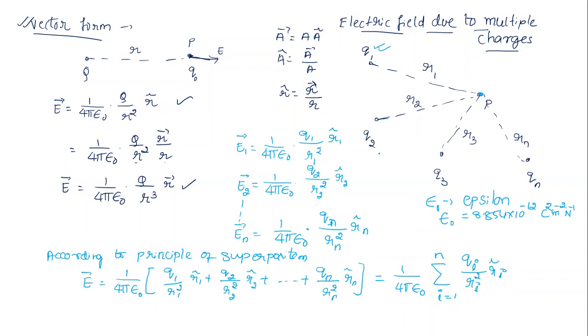So this is the vector form of the electric field due to multiple charges at some point. You can use these relations to find the electric field due to multiple charges. And you need to keep in mind that while calculating electric field and electric force, those two are vector quantities, so direction must be considered while calculating. Okay, is it clear to all of you, electric field due to multiple charges?